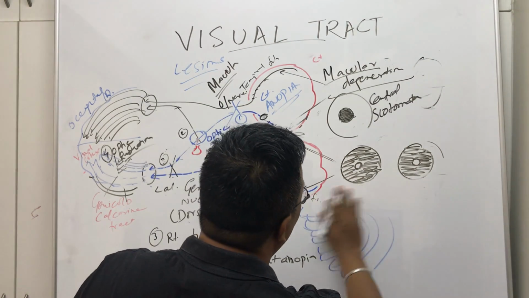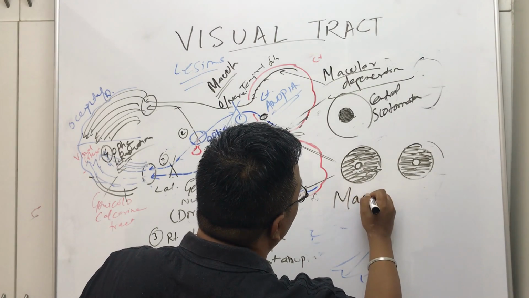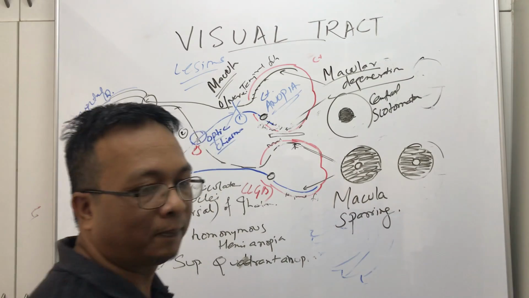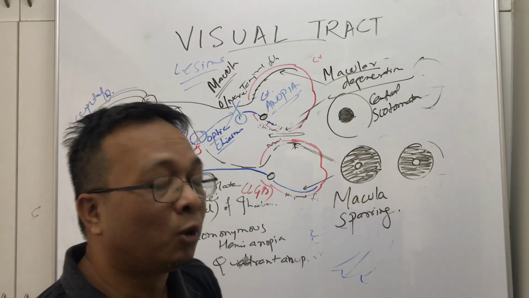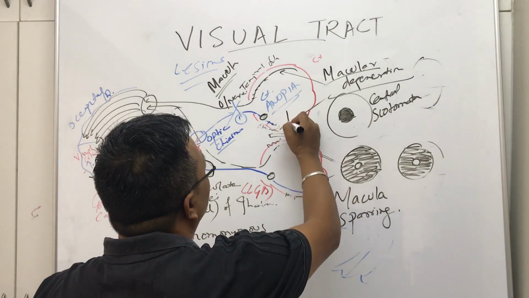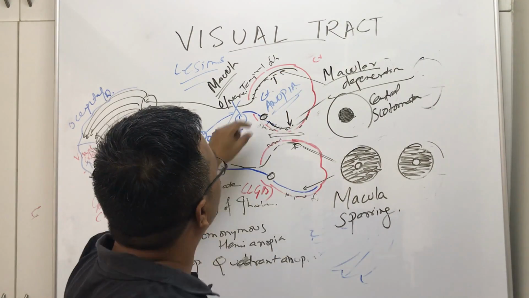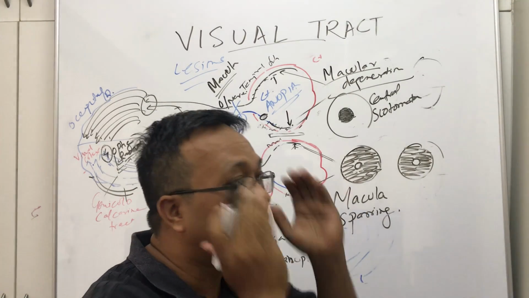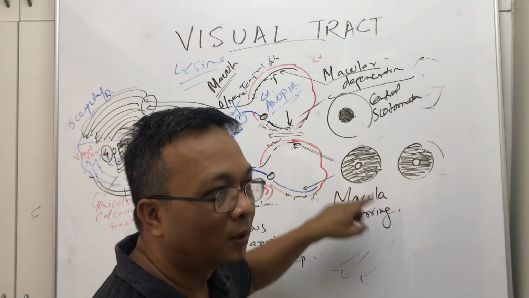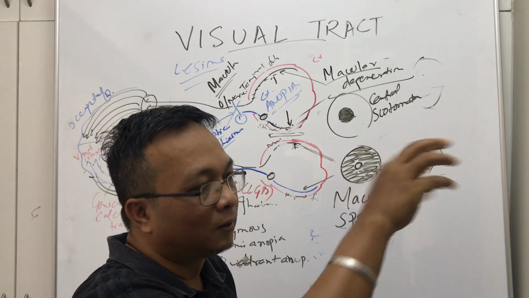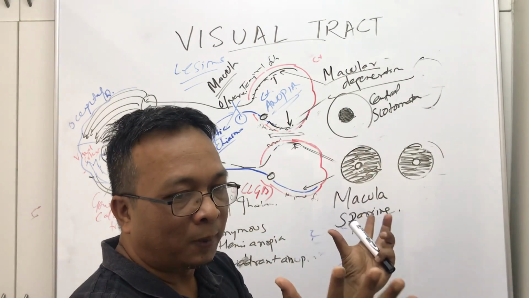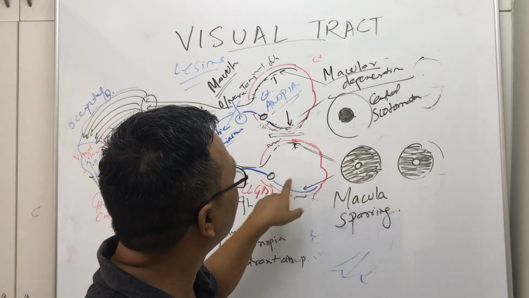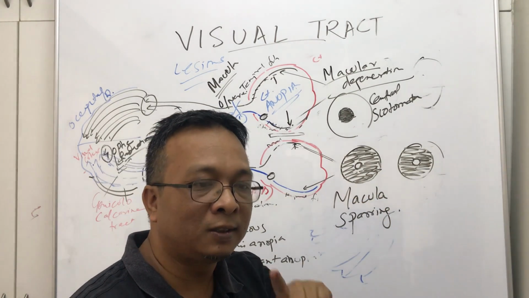So this is called macular sparing, because the macula is spared. This is typically found in cases of glaucoma because of pressure. In high intraocular pressure, the optic nerve is damaged, but the macula is not damaged in cases of glaucoma. So we call this tunnel vision. They can see things like a tunnel, but the outside part of the world is dark, while they can see everything in the center. So this is called tunnel vision or macular sparing. So these are the 6 visual